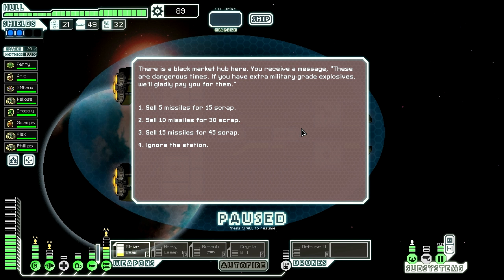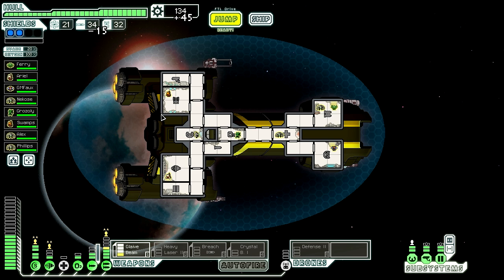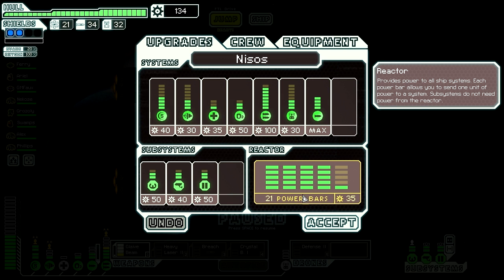What's this? A black market hub. These are dangerous times. If you have extra military-grade explosives, we'll gladly pay for them. Oh, yes, please. Here, 15. Lots of missiles. And I appreciate you giving me so much scrap. This makes my life much, much easier. Let's grab a couple of extra bars of power. Leaves us with 64. We could do...